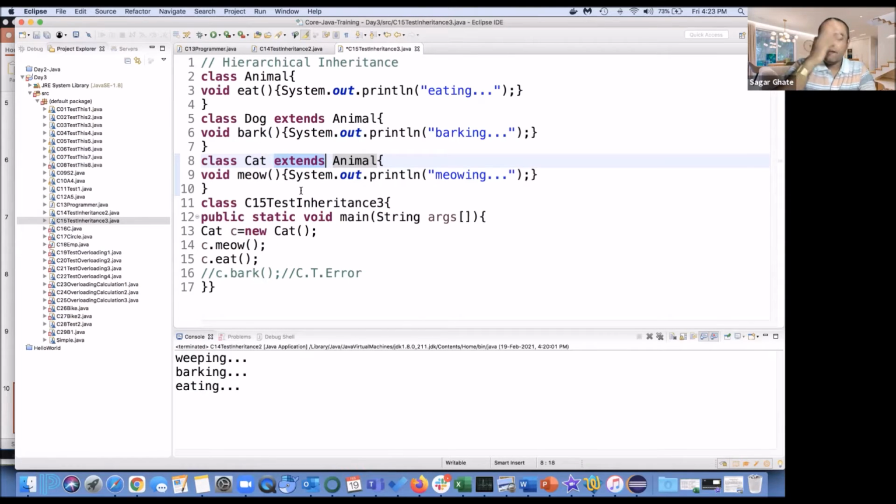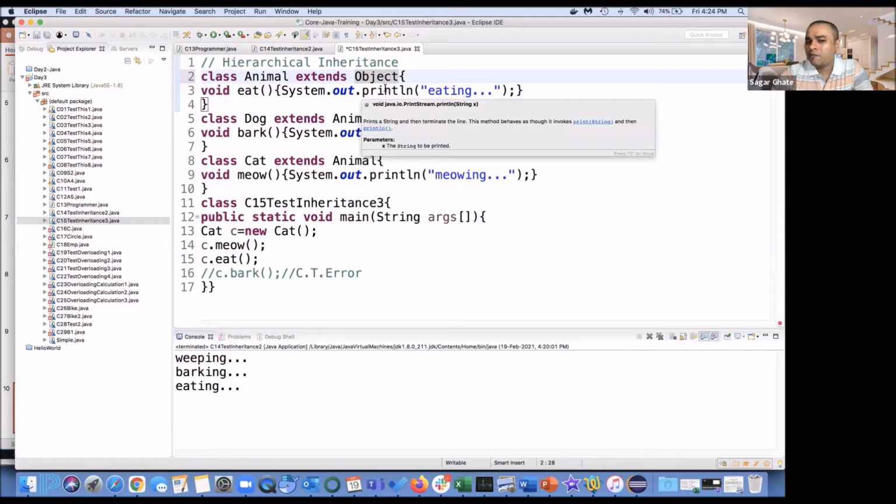And then multi-level inheritance is there. That parent may have a parent, that parent may have a parent, and the ultimate parent class of all the classes is the Object class in Java. There's a system-defined class, Object. Your compiler will add extends Object. See, if I'm writing this also, it's not giving me any error.